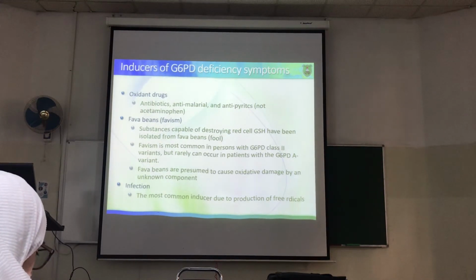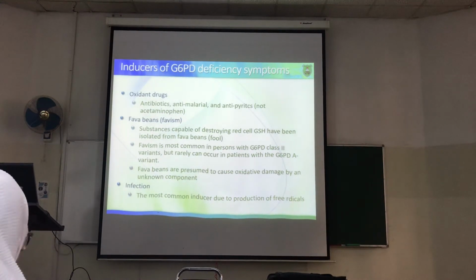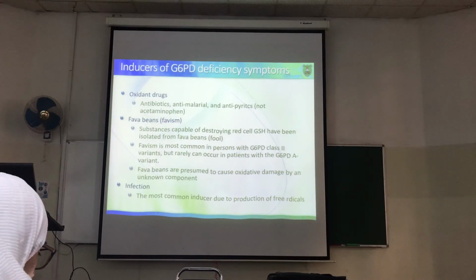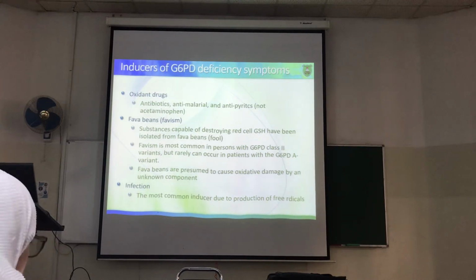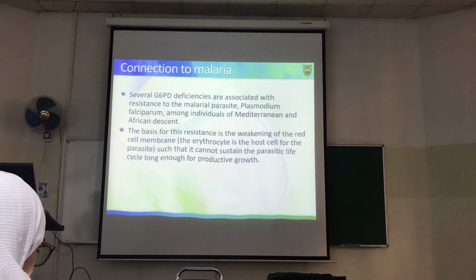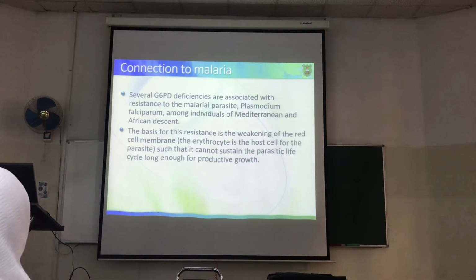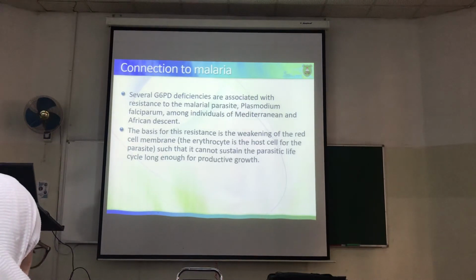So this can be serious in individuals, as well as infection. And it makes sense: during infections, you have a lot of production of oxidizing agents. But there is an advantage with malaria, because of hemolytic anemia, the parasite itself cannot complete its life cycle in these red blood cells because they die early on before it completes its life cycle. So it can be sort of an advantage in places like Africa, where you have a high level of malaria. Okay, so this is the lecture on the metabolism of erythrocytes.